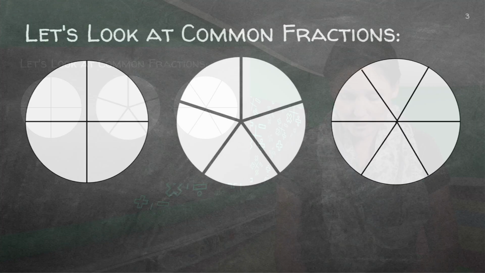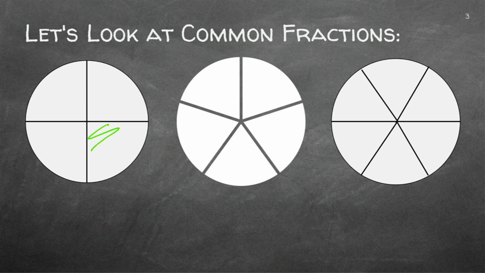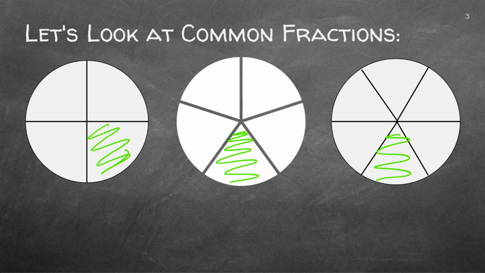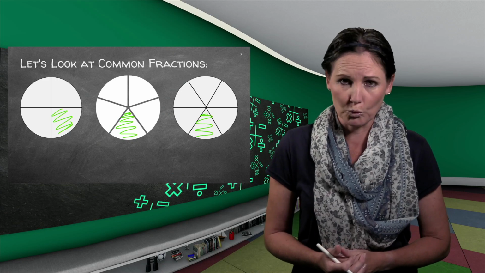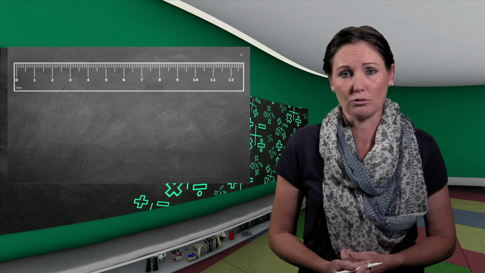So let's quickly look here. Here I divided a circle. Let's use a cake in 4 parts. I divide it into quarters. Can you see 1 part of a quarter? Here I divided the circle in 5s, in fifths. And here is one of the pieces. And in the third circle, I divided into 6. Now, you will see when you look at 1 part that the quarter part is bigger than the fifth, and the fifth is bigger than the sixth. So it's very important to remember that when I divide something into more pieces or more parts, the parts will be smaller.